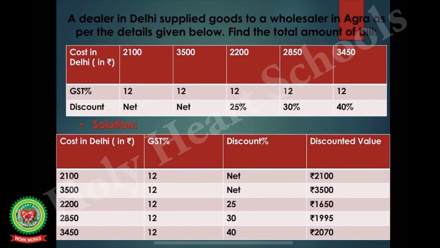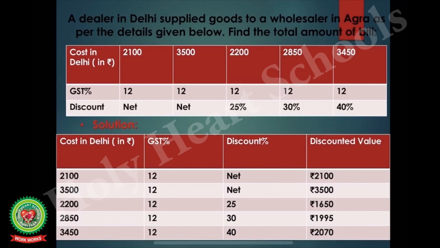Now for the third case, the discount is 25%, so the discounted value will be 75% of rupees 2200, which is equal to rupees 1650. The discount for the fourth good is 30%. So the discounted value will be 70% of rupees 2850, which comes out to be rupees